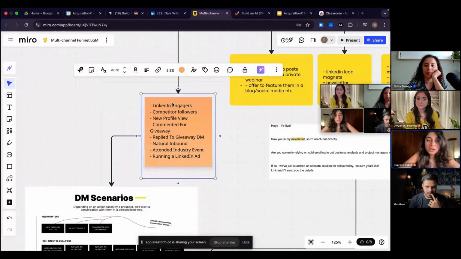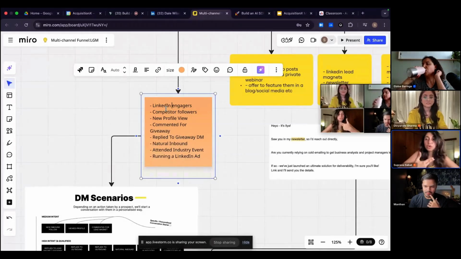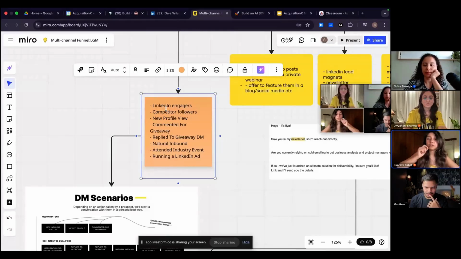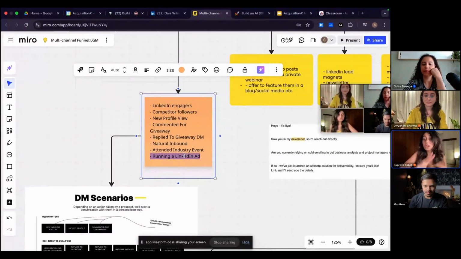So when it comes to LinkedIn engagement, your competitors' followers, if they have viewed your profile, if someone is doing a giveaway, or if you're doing a giveaway and they're coming and commenting on it, or replying to your giveaway. One thing that I've noticed is scraping competitors' followers and targeting people who are running LinkedIn ads. These are two things that have worked really great for us, right?